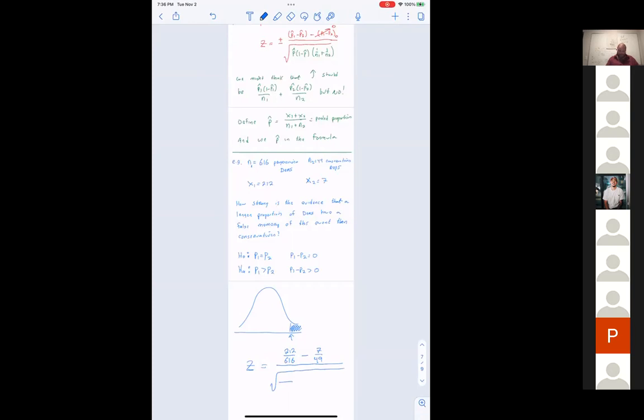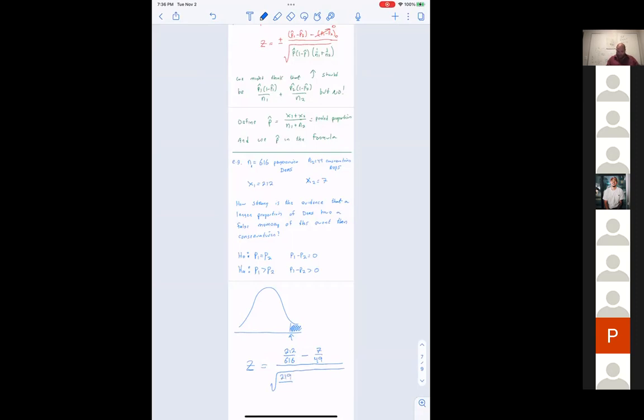It's not the fractions added together. It's the numerators added together divided by the denominators added together. The total number of successes divided by the total number, so it'd be 219